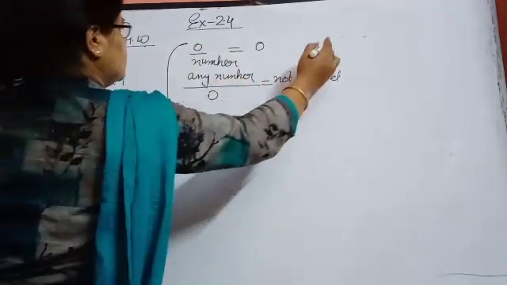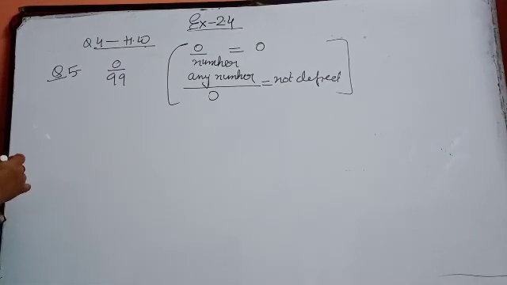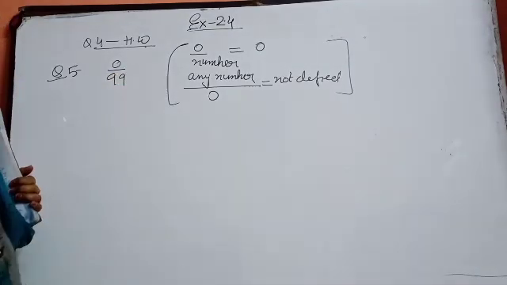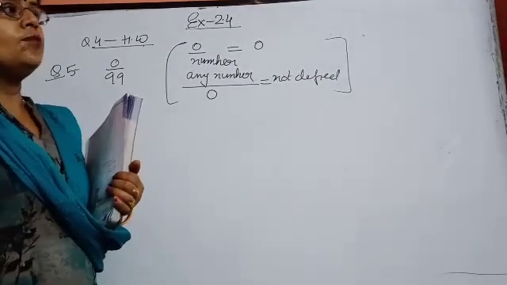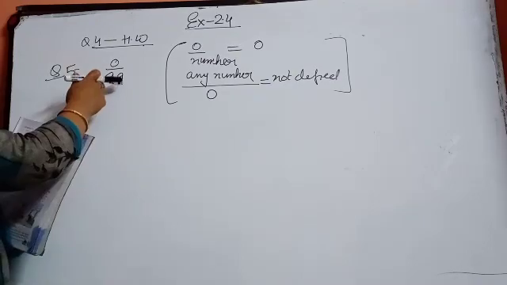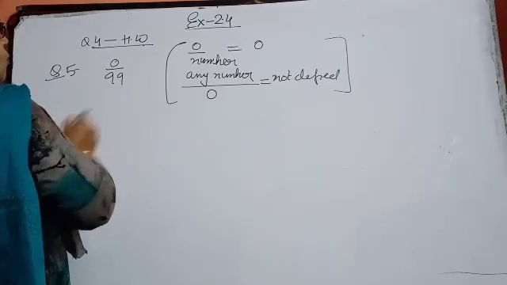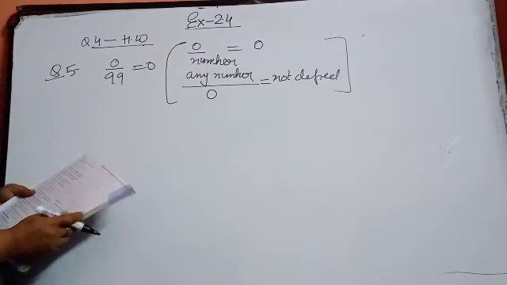Keep all these in your records, in your copy, where you are writing all the important things. In the beginning of the topic, I always taught you to write all these kinds of things at the beginning of the page, because we require these properties more and more and use them many times. Okay, now see, 0 divided by 99. 0 divided by any number, what will come? Obviously 0 will come. Simple, these are properties. Okay. Then B part.